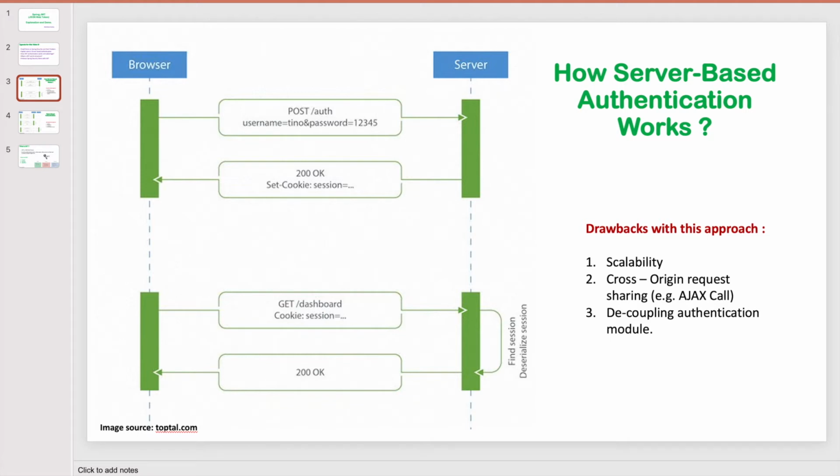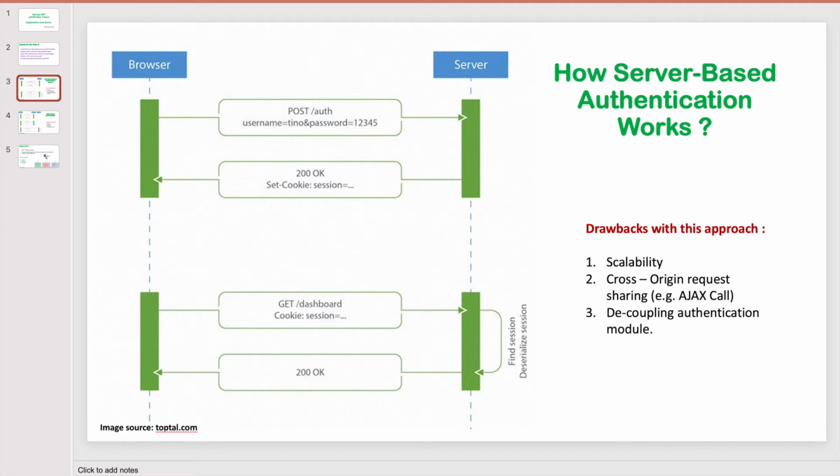And you will know that the HTTP protocol is stateless. So some way should be there to store the user information, right? So the server side uses cookies and stores that. But what is the problem with this mechanism? Suppose you want to scale out, right? Then this is a problem, because they store this information in the database, the cookie session information in the database.